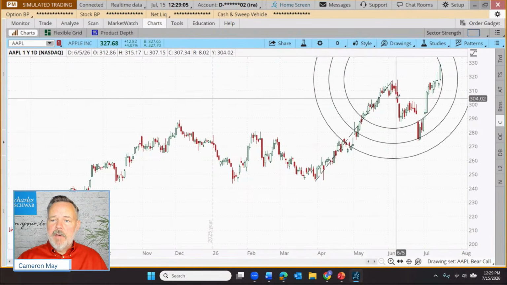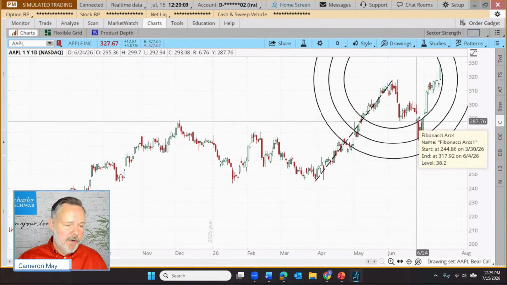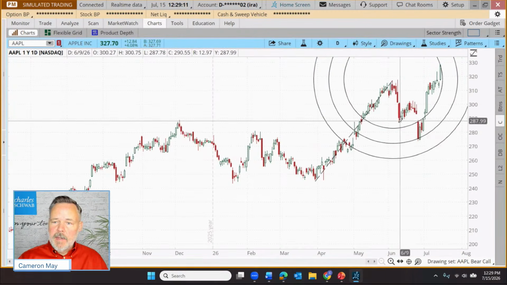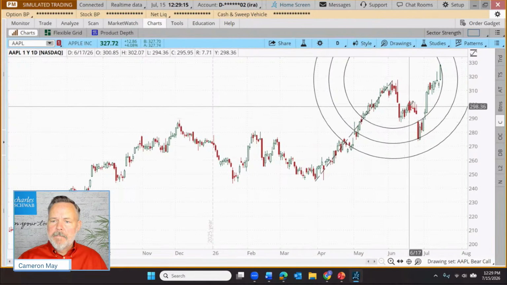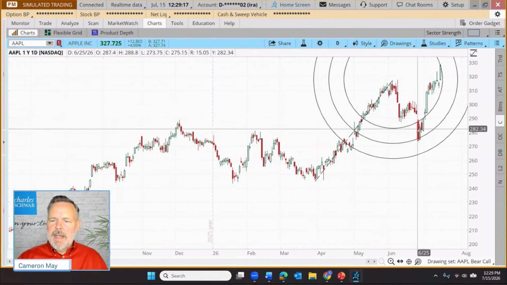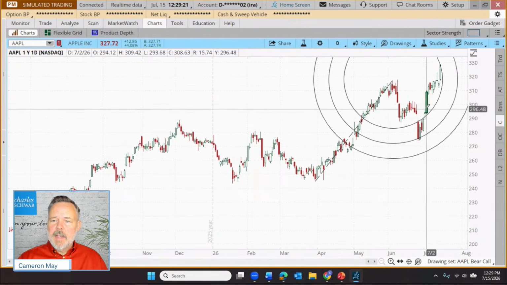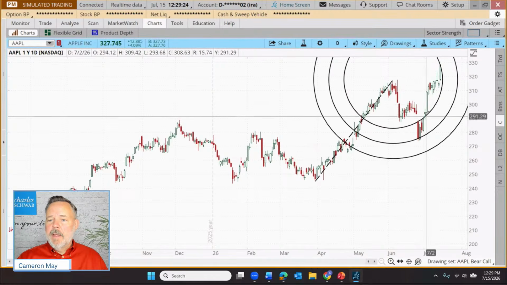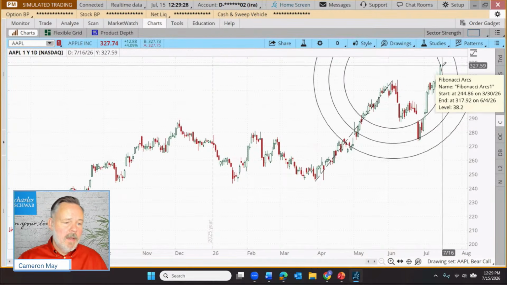As we move down, how far might that move, and when might it reverse? So in this case, we got fairly close. It was a little bit of a miss there, I would say. Then we moved down to the next arc, touched pretty well off of that arc, and started moving to the upside again. And then we can maybe look to exit as we get to the next arc or the one beyond that.